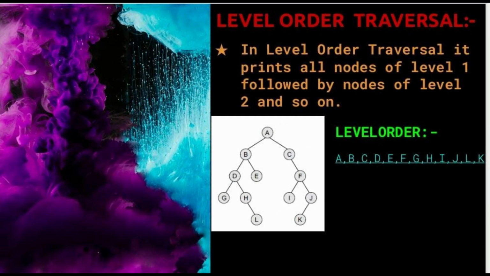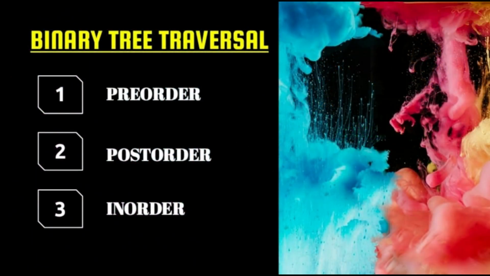In the breadth first approach, first we visit all the nodes at the same level. In a binary tree, it prints its nodes level by level, that is level 1 followed by level 2 and level 3 and so on. Level order for this tree is A, B, C, D, E, F, G, H, I, J, L, K. In the depth first approach, if we go to a child, we complete the whole subtree of the child before going to the next child.